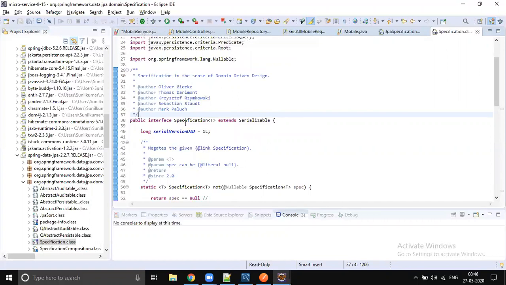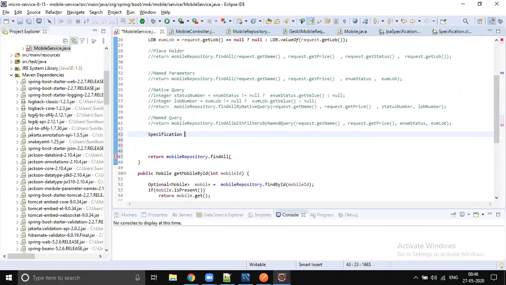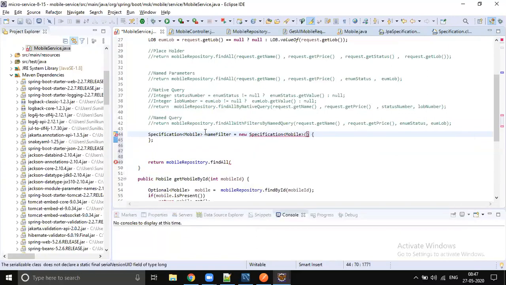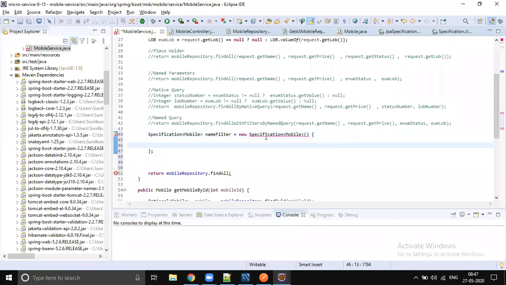Let's go to service. Okay, how can we implement this specification? Specification of type Mobile. Import the specification. So specification is nothing but some kind of filter, right? So let's write name. Okay, name filter. Let's give the name as nameFilter. So let's write an anonymous inner class. New Specification. Yes, anonymous inner type, and provide implementation for